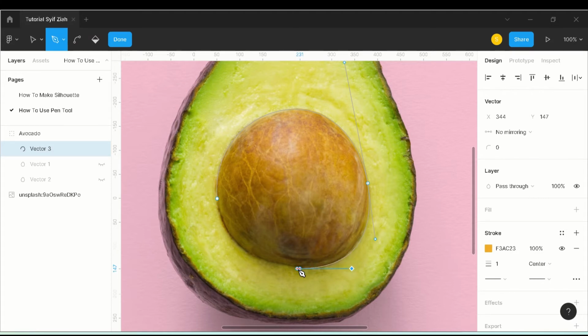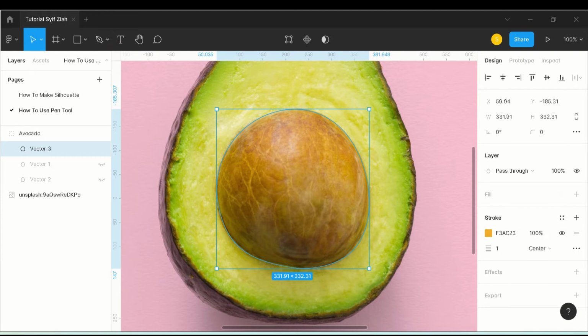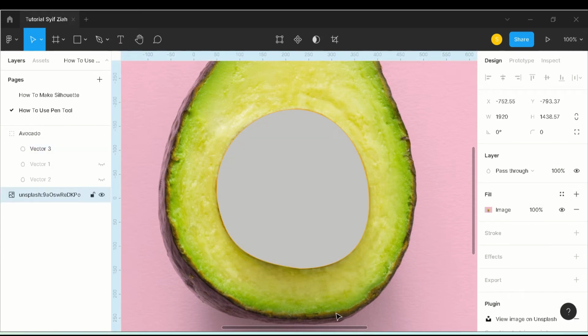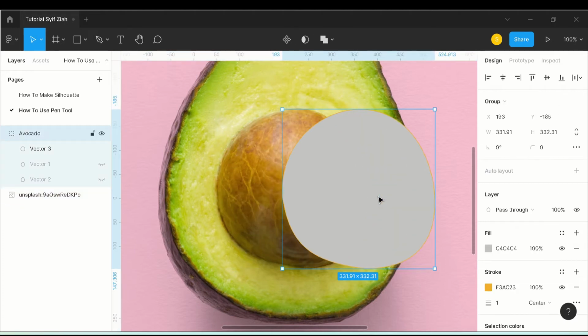This is so easy, right? Okay, we can click fill and then choose the color.